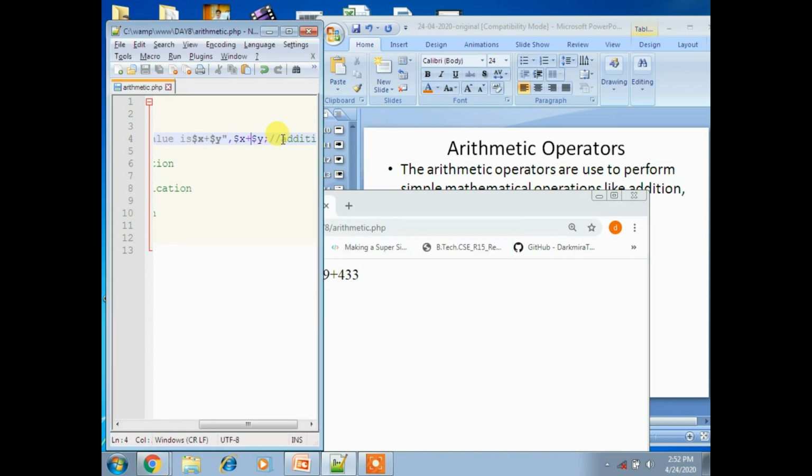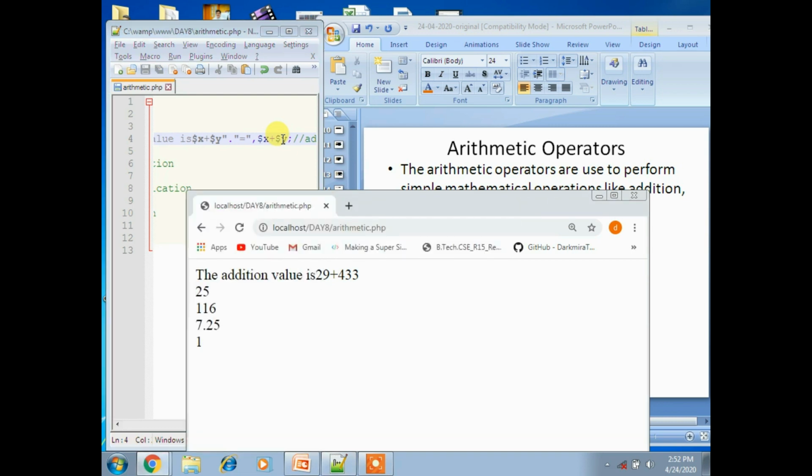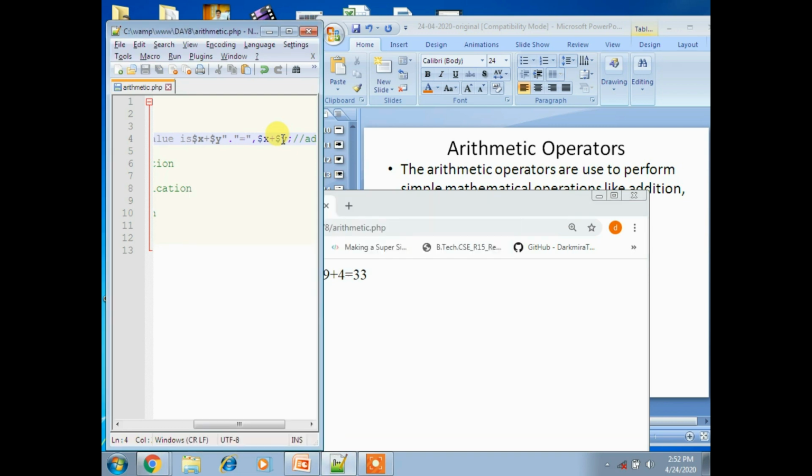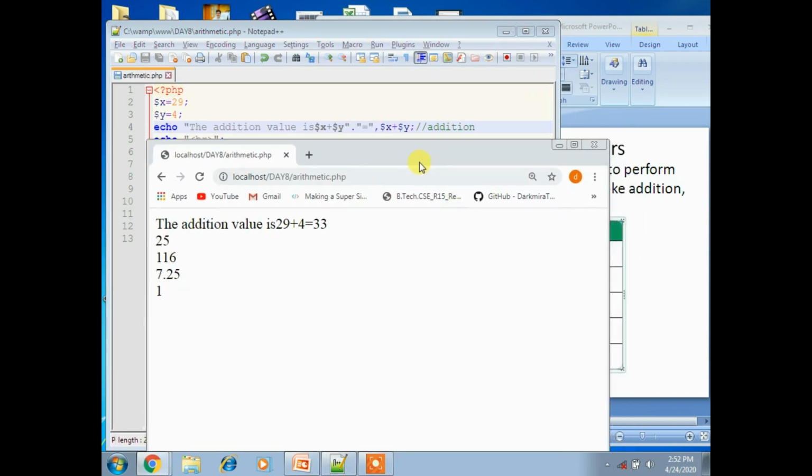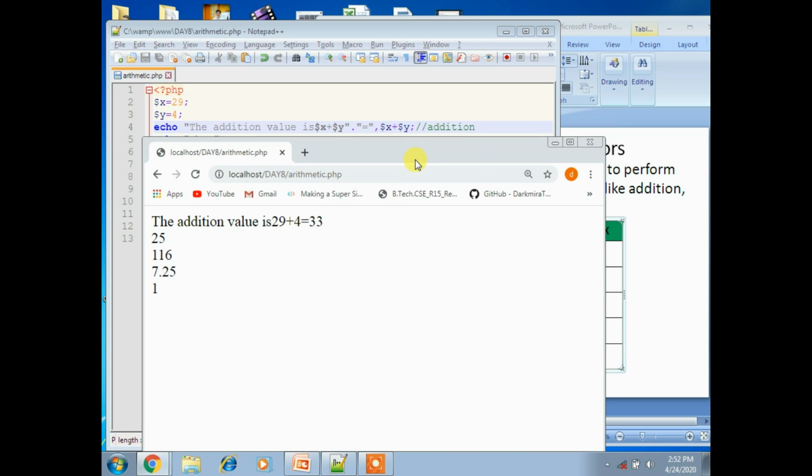Now it's displayed, right? Now put a dot, double quotation, equal to symbol. It's displayed, right? Now observe the code. See, it's very easy. My output is the addition value is 29 plus 4 equal to 33.